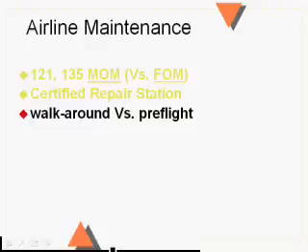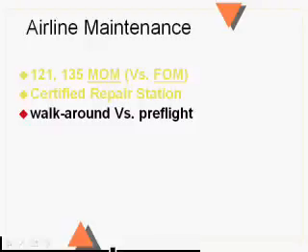The walk-around is going to be done by the lowest ranking flight deck crew member. If you've got a pilot, a co-pilot, and a flight engineer, the flight engineer is going to do it. If it's a 2-person flight crew, then the co-pilot or first officer is going to do it. And you're just going to be checking for major things: flat tires, leaking hydraulics, fuel leaks, are the lights working, has anybody run into the airplane with a ground tug.